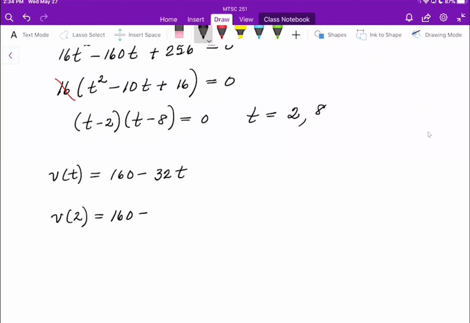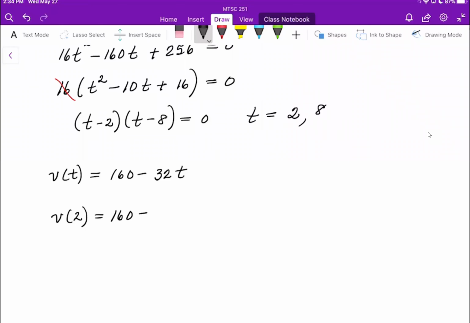So we're going to get 160t minus 16t squared is equal to 0. We're going to factor out 16t, and we're going to get 10 minus t is equal to 0. So t equals 0,